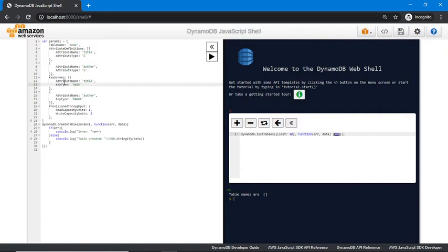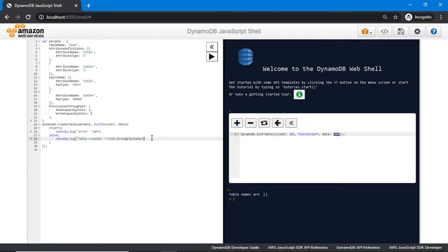This is my primary key and sort key, and I have given provisioned throughput: RCU is 1 and WCU is also 1. I am passing this params object to my dynamodb.createTable command, and this is the callback function for it. If I get any error, I can find it in this log. If all is going well, I can see the table created and its data.